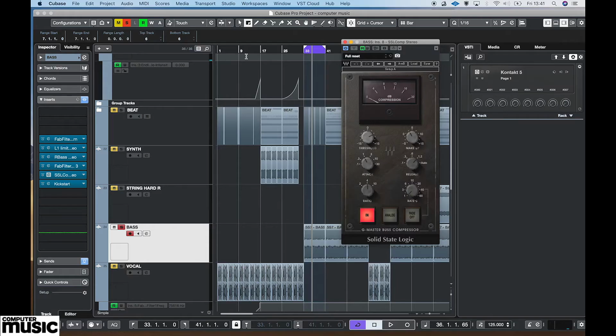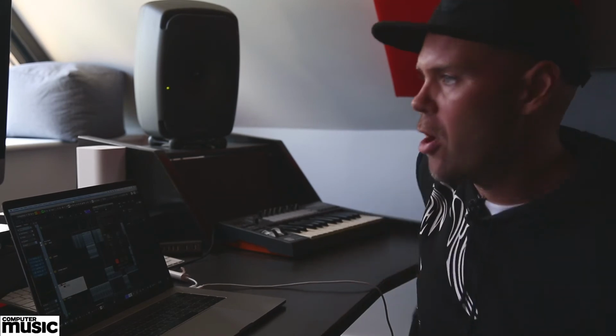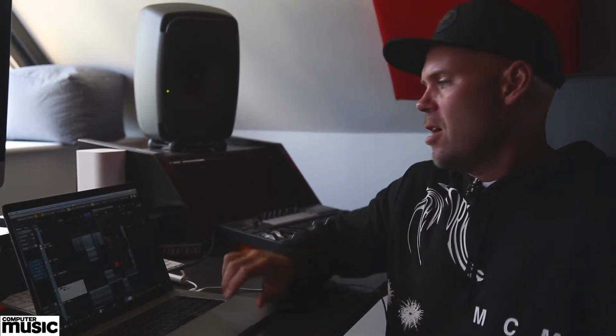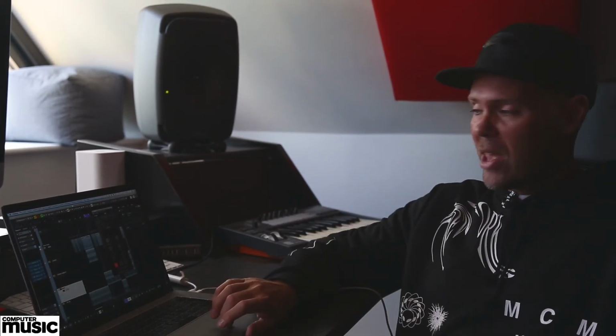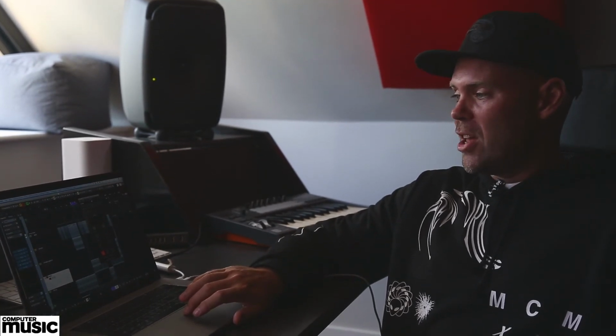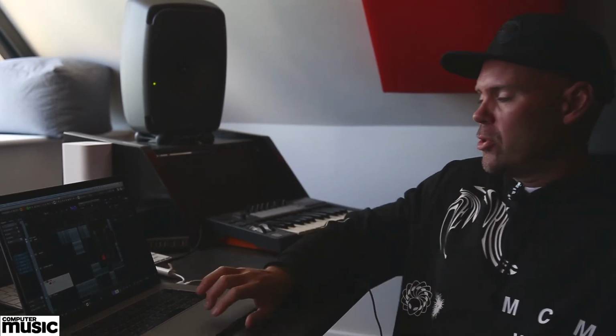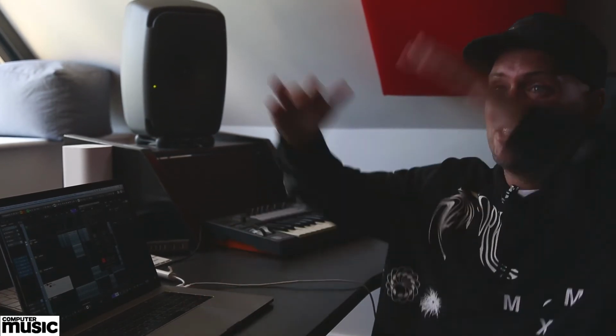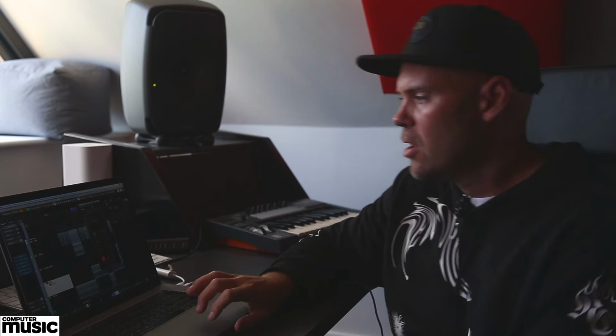I've used the SSL compressor again. This time it's to tighten up the sound, exactly the same way as you do with your beats and your kicks. Again, you've got to be careful that you don't lose too much dynamic range. But when it comes down to a sub, you don't need too much dynamic range. You just need it hitting bang on in the middle, doing what it's there to do, and basically plowing through what's there. So it doesn't need to be dynamically spread across the mix, unless it's a